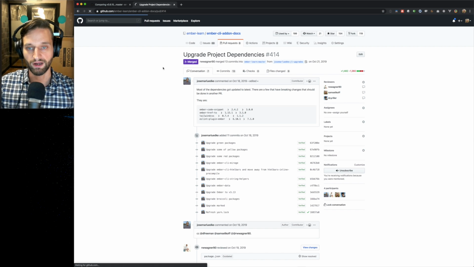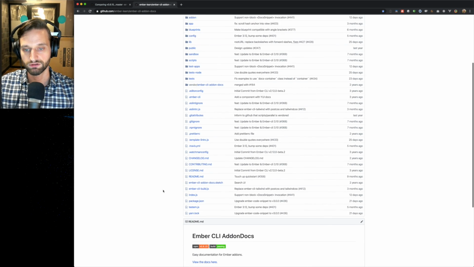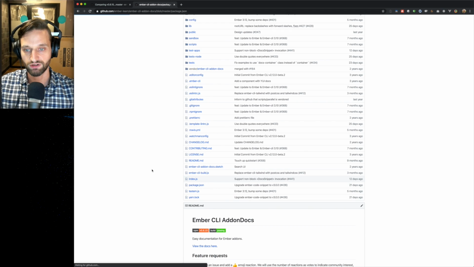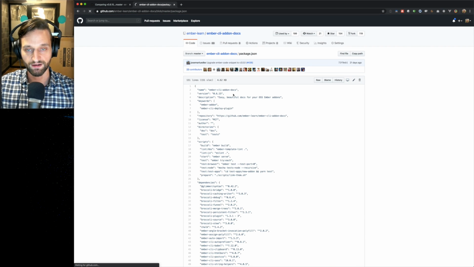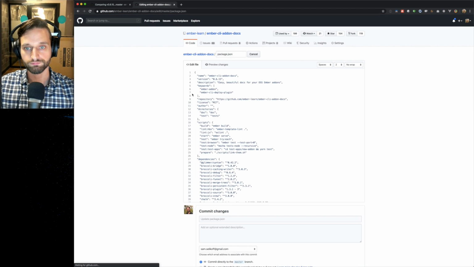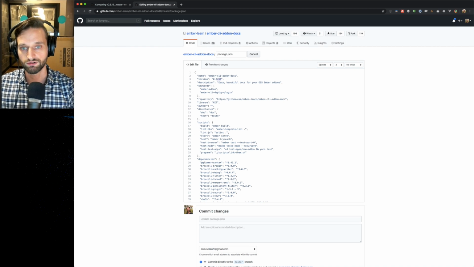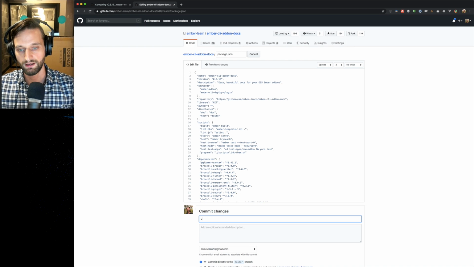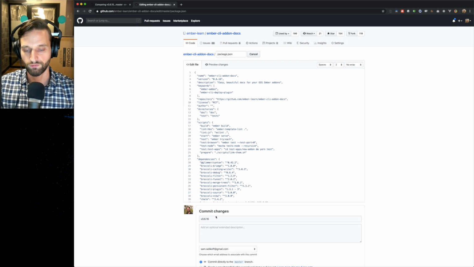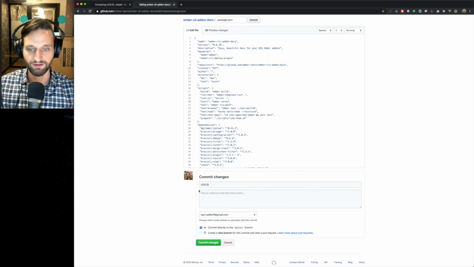So what we can do to actually release this, now that we know the version, just as a patch version basically, come to package.json, edit this, and go ahead and bump this to 0.6.16, and I'll just grab this, and that's what I use for the commit message, v0.6.16, the tag basically. Commit that,